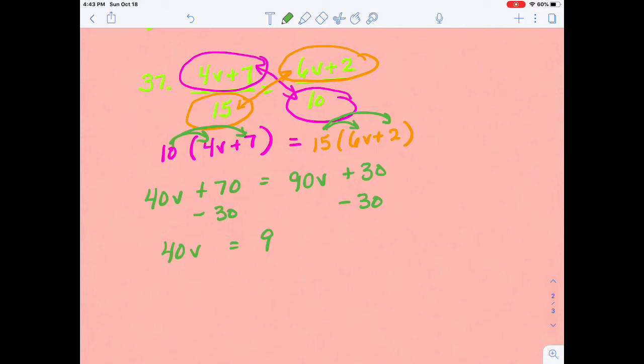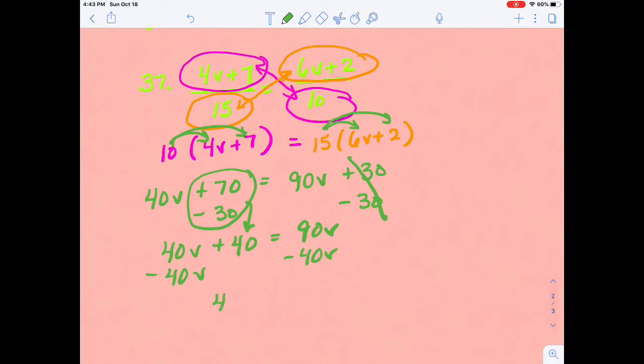Hang on. We've got plus 40 equals 90v, right? This canceled, and this became 40. Okay, so I am going to subtract 40v, and I get 40 equals 50v, and then I'm going to divide by 50, and I actually get 40 over 50, or 4/5